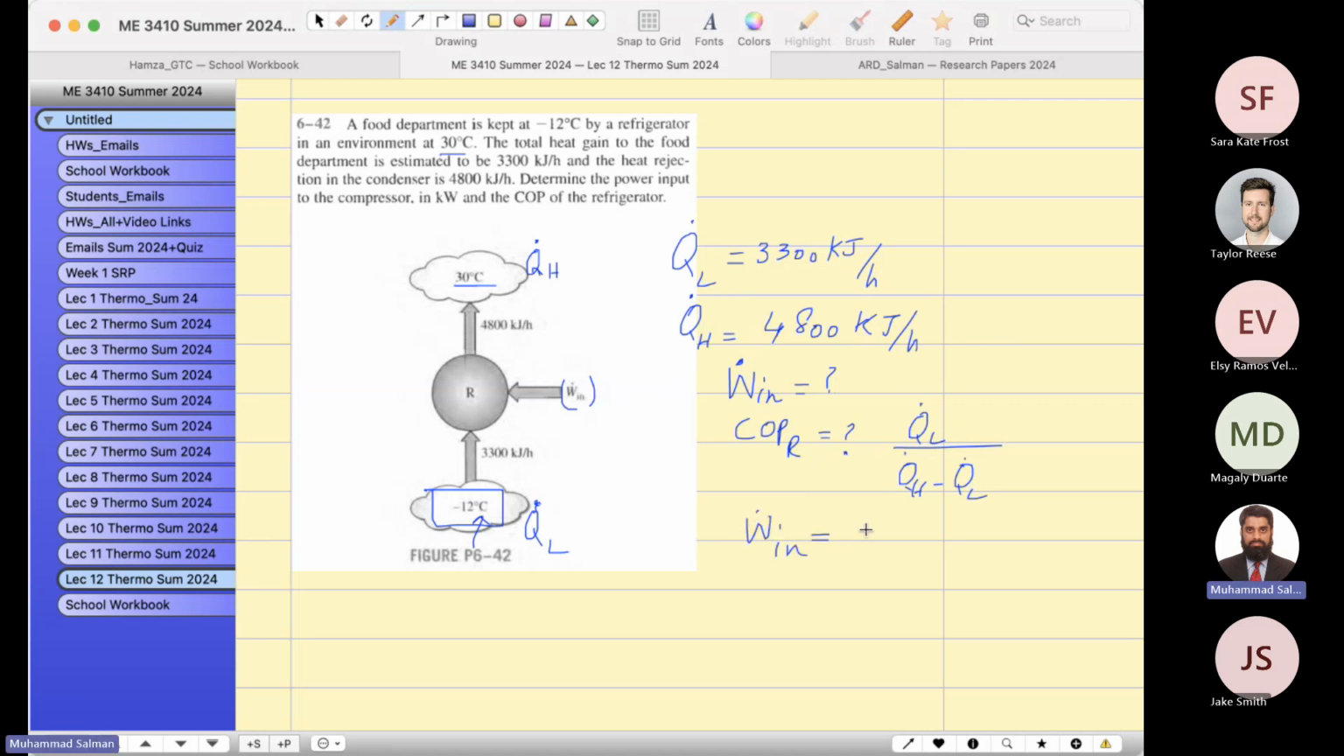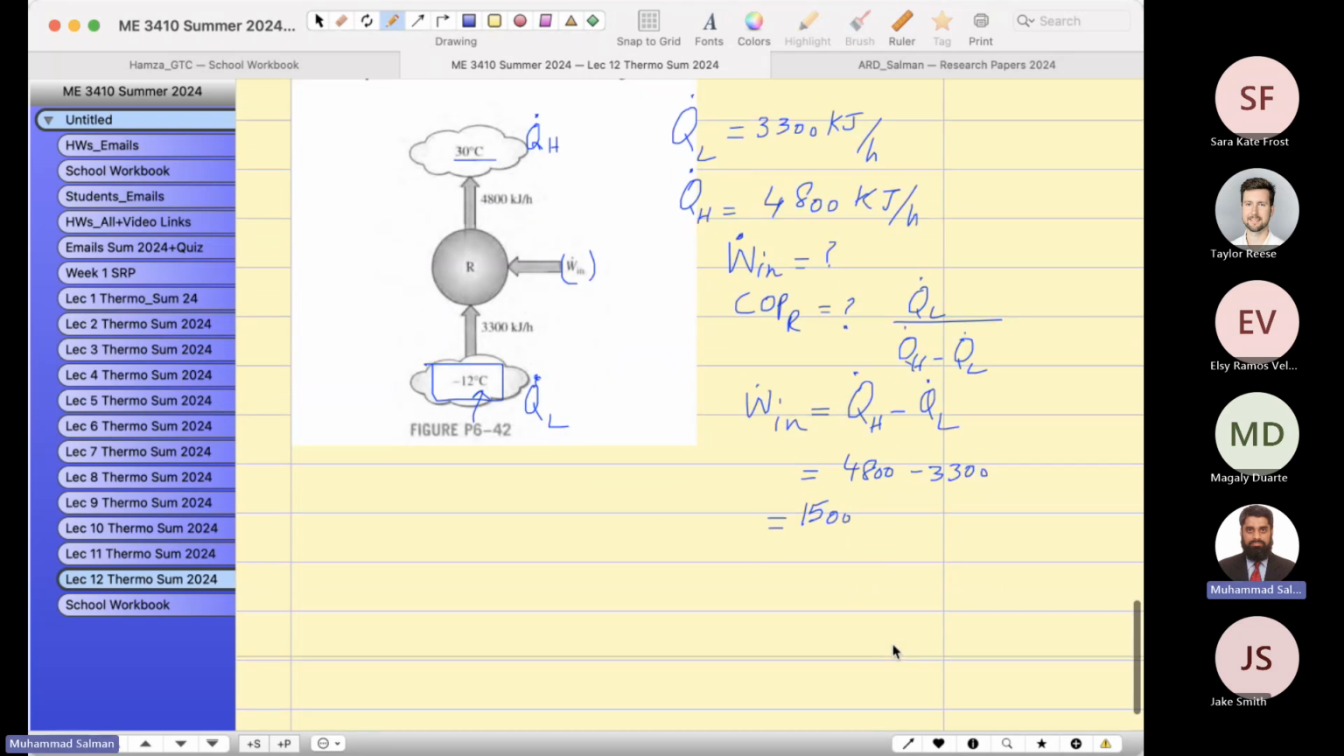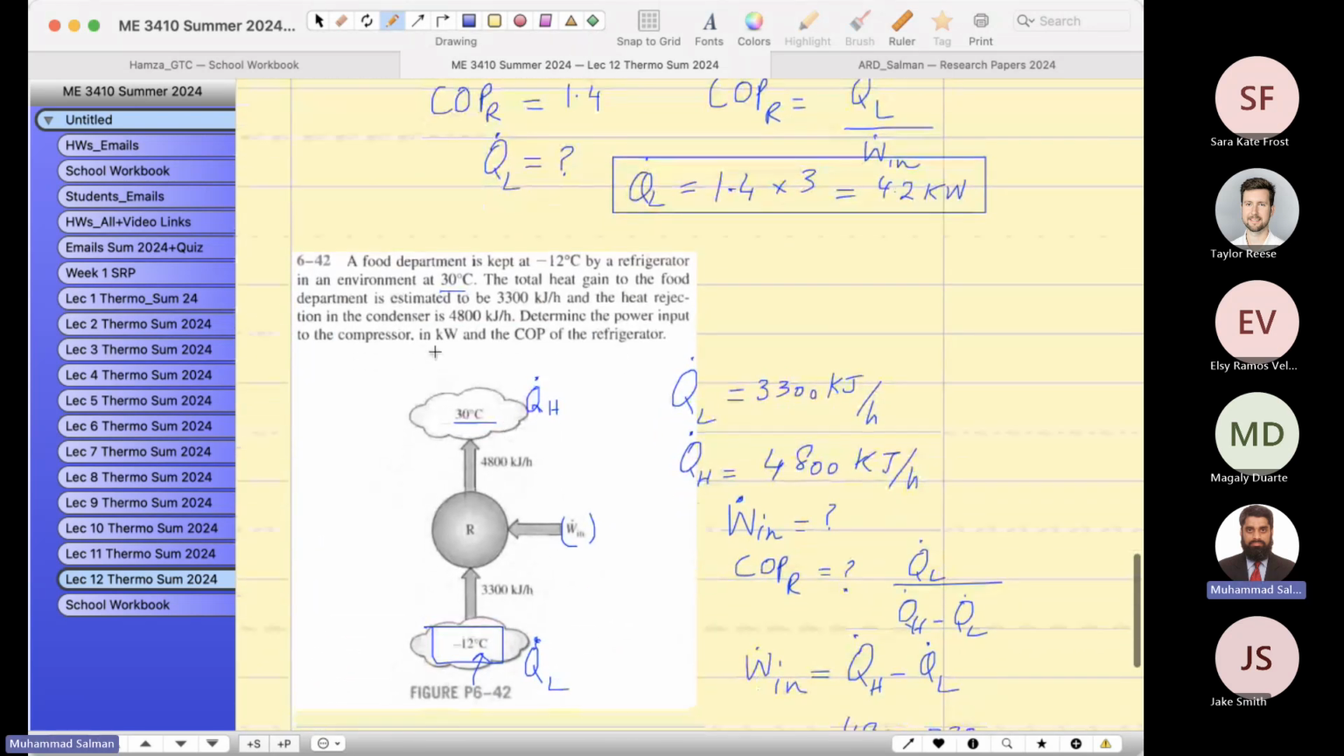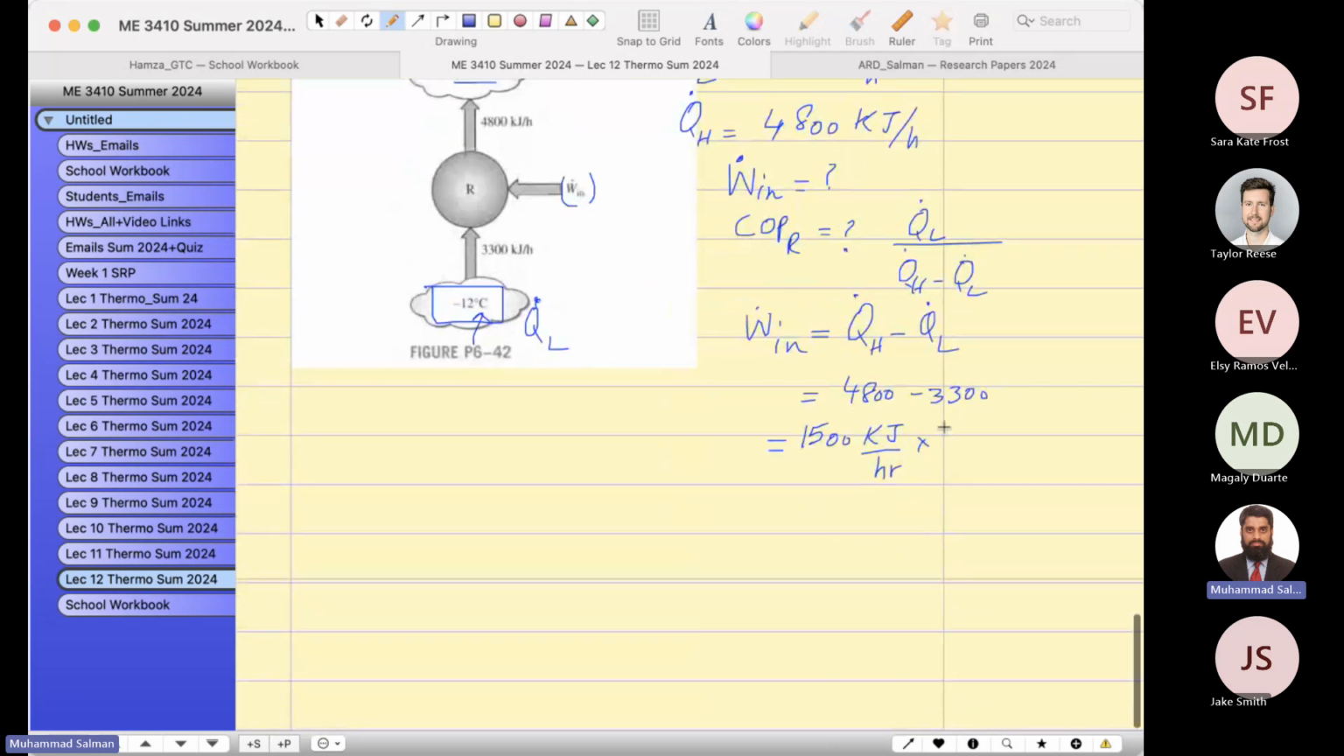W dot N is Q dot H. Q dot H is 4800. Q dot L is 3300. The difference is 1500 kilojoules per hour. If you want to convert it into kilowatts,